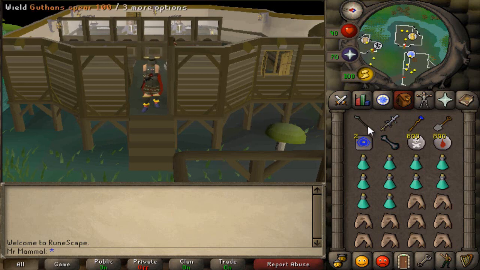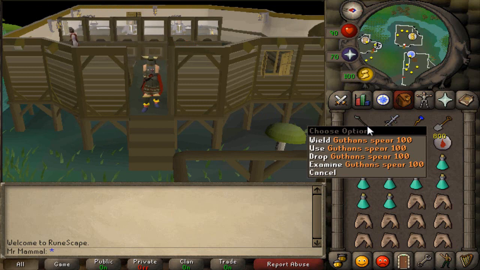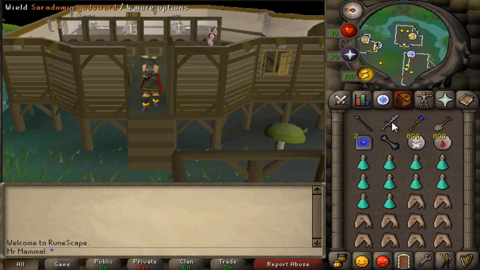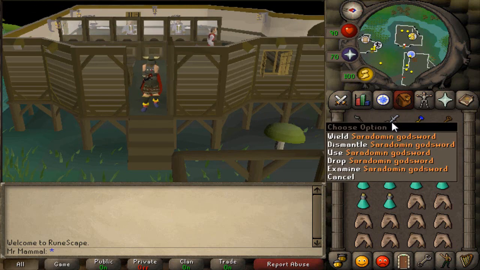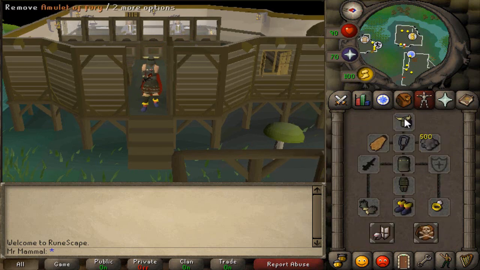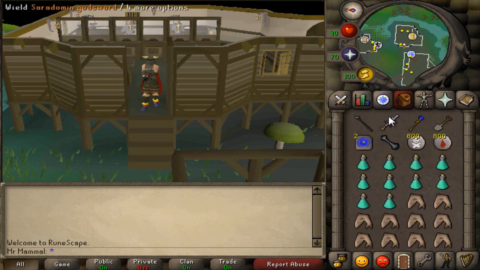Obviously, if you have full Guthans, then you're going to want to bring the spear along for healing. And if you have a Saradomin godsword as well, definitely bring that for healing as well as prayer. I use my Saradomin godsword to kill Karil and Ahrim as well because it has pretty good stats. Obviously, if you do not have a Guthan spear and you're not using Guthan's armor, then you're not going to wear Guthans. And obviously, if you don't have an SGS either, then you can replace it with...